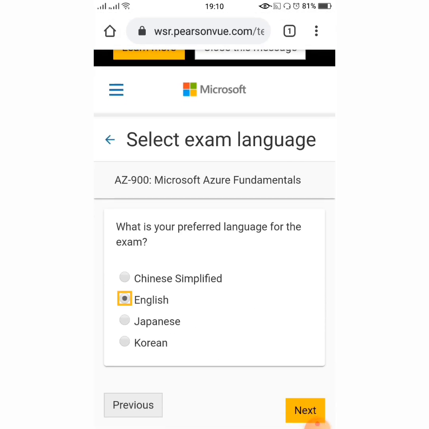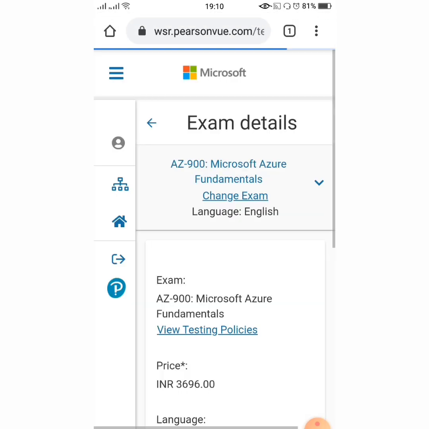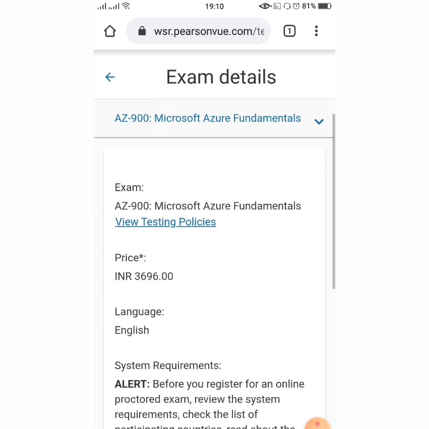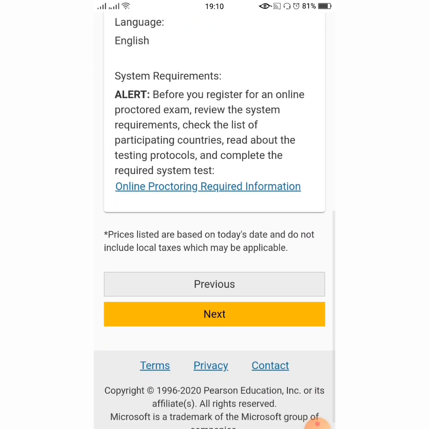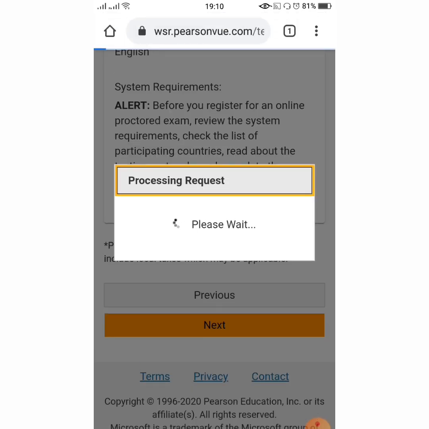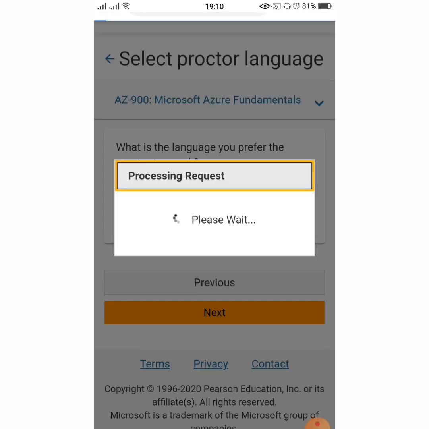Select exam language, so I'm giving English. After this it shows the price, that is 3696, language is English, and then next. Select proctor language, that is English, next.